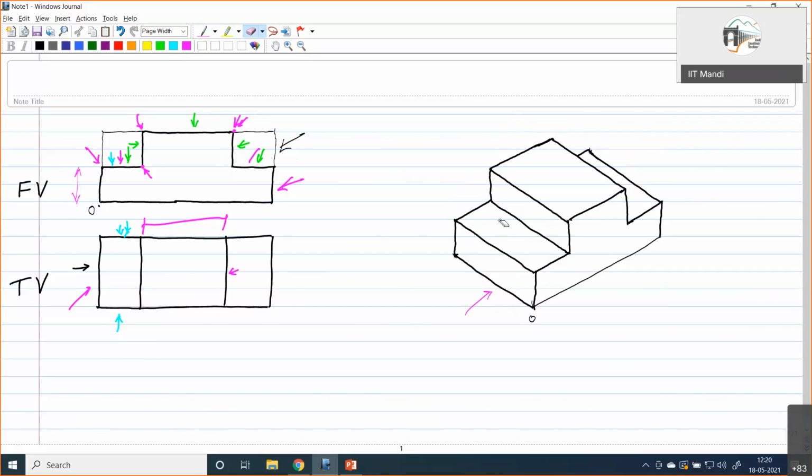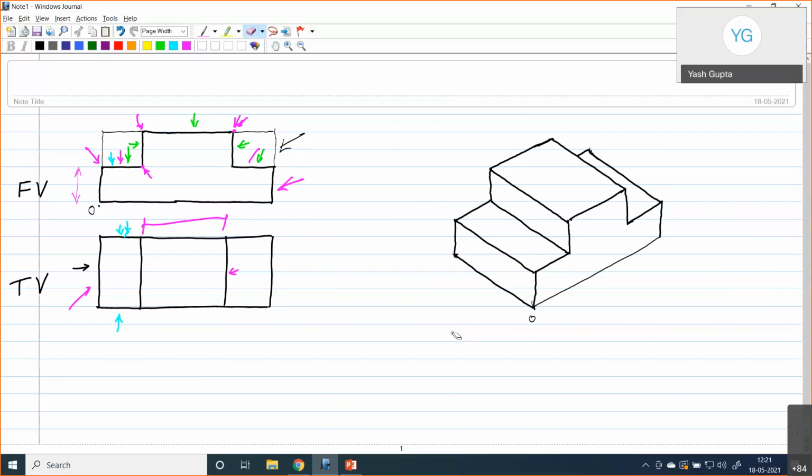Sir, I have a doubt in this. Yeah, please. Sir, that hidden portion, a dotted line should not be shown? Yeah, in isometric views, it is customary that the hidden parts we don't show. Only in some special case where it is a little more intricate, then it might be drawn. Otherwise, we skip the hidden lines. Only the visible part. Okay, sir.